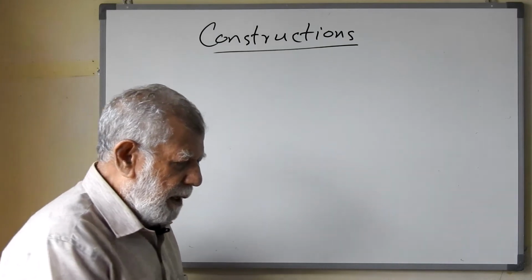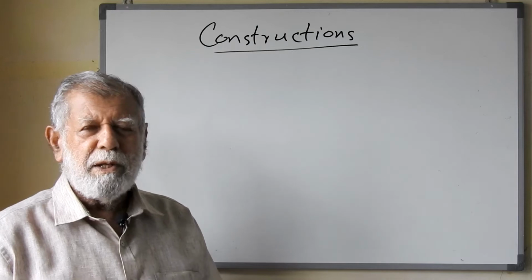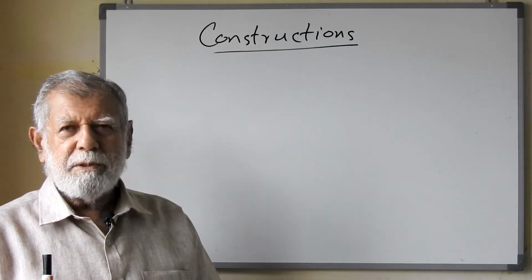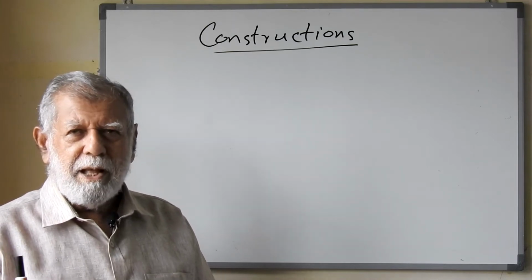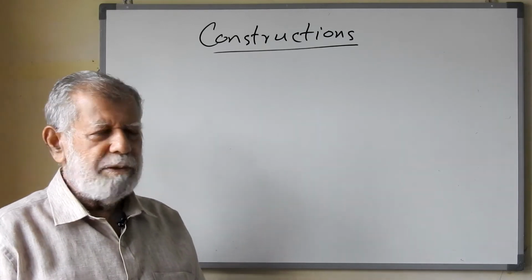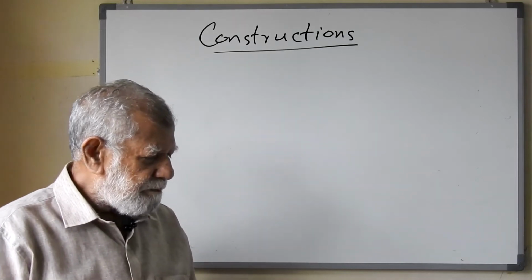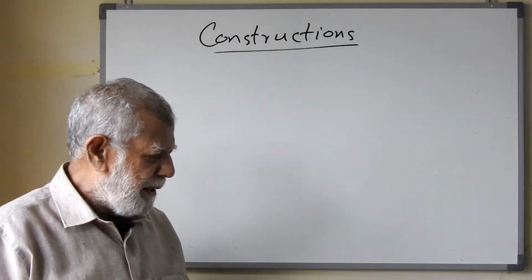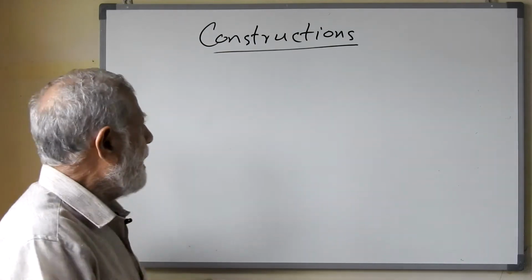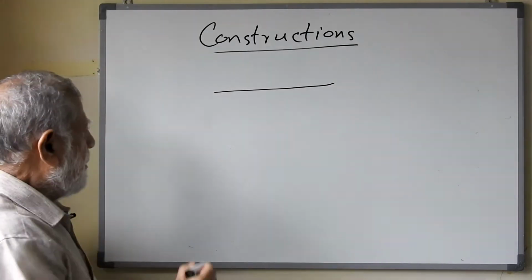Now, when you say construction, it means you have to use the ruler, compass and pencil carefully and do the exercise, whatever it is. If it says draw, you can just draw freehand, whether it is accurate or not, but construction means it is accurate. First of all, to come to construction properly, you must know how to draw a line. Drawing a line is okay, it's like this. But if you are constructing a line,